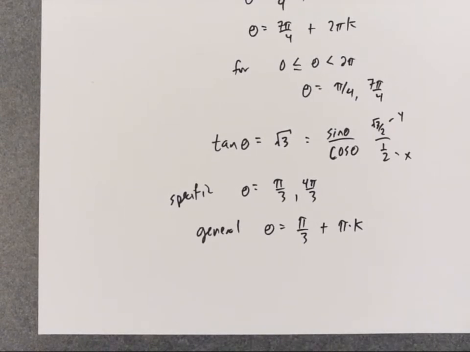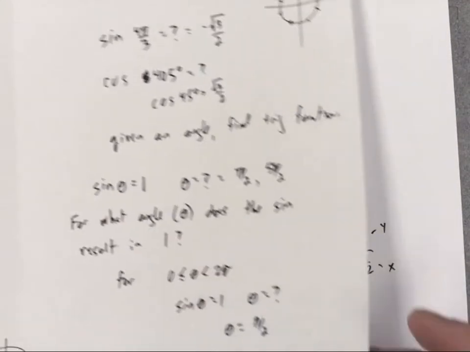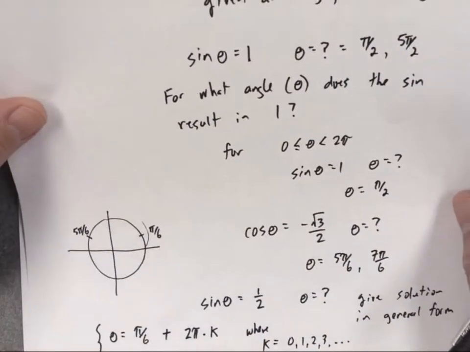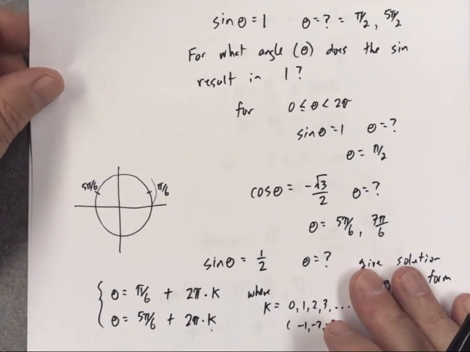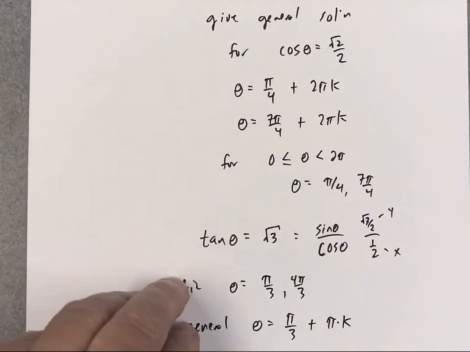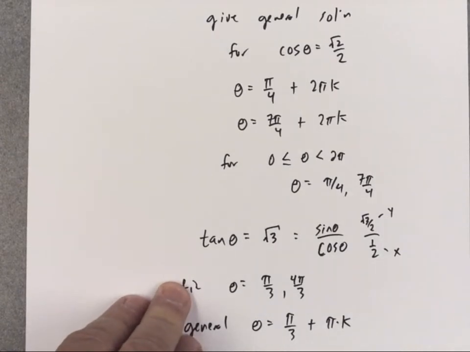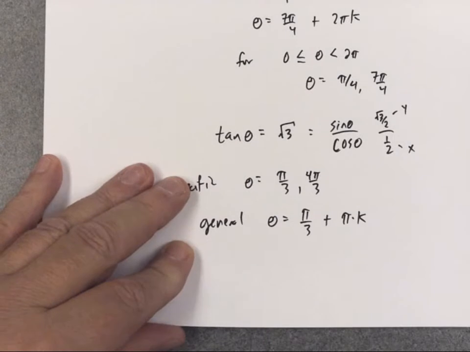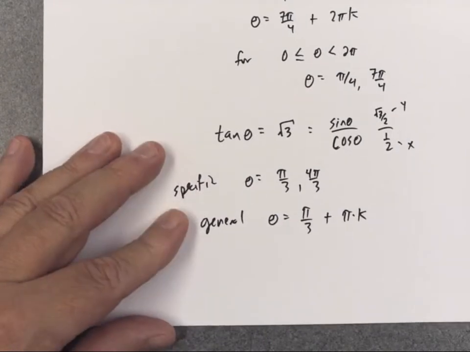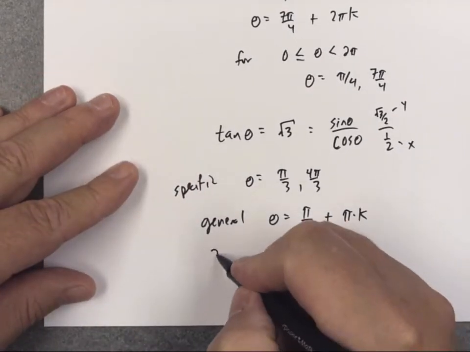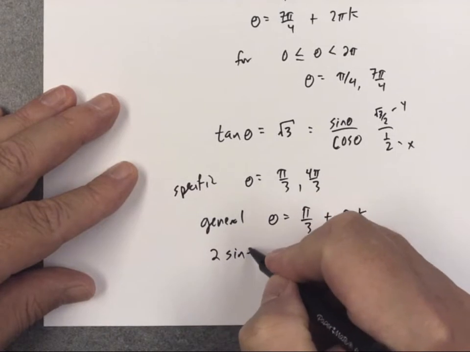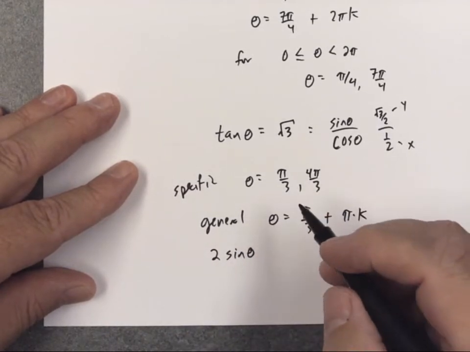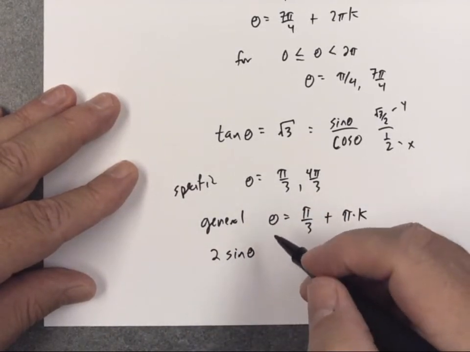All right, now let me give you the next twist in solving these kinds of equations. If you notice, you probably didn't think about it, but now I'm going to point out all the little problems I've done. Matter of fact, just let me do one more. Here's the kind of problem you'll have. Sometimes they just make you do a little bit of math. They say, solve this equation for theta. 2 sine theta